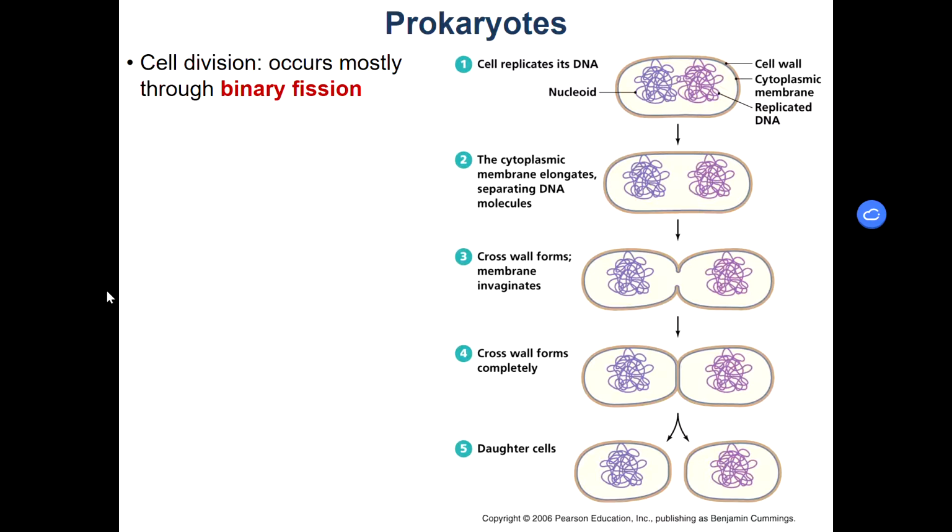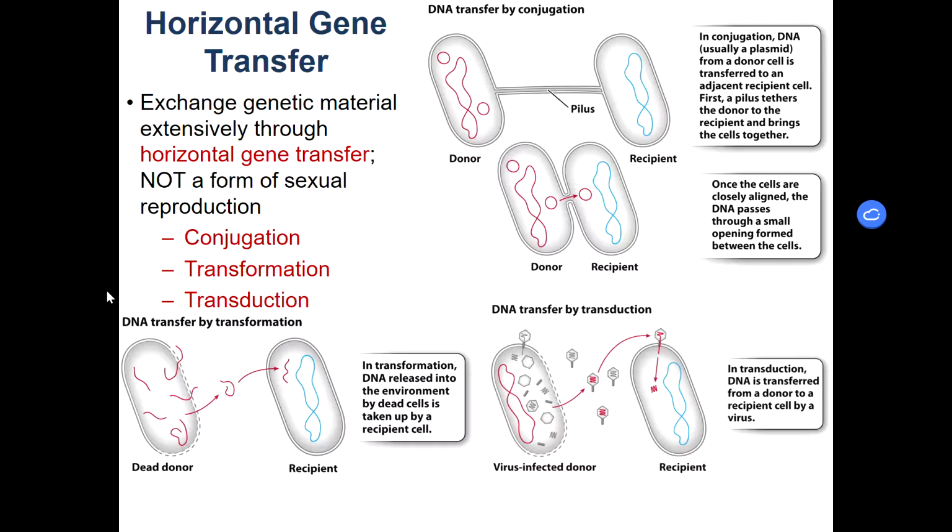So you might be wondering, how do we have so much variation in the different types of bacteria and maybe archaea, if you know about them? How do we have variation in our genes? Because other than mutations, there's no way, if they're not reproducing sexually, for these organisms to transfer their genetic material. What these organisms do is they use horizontal gene transfer.